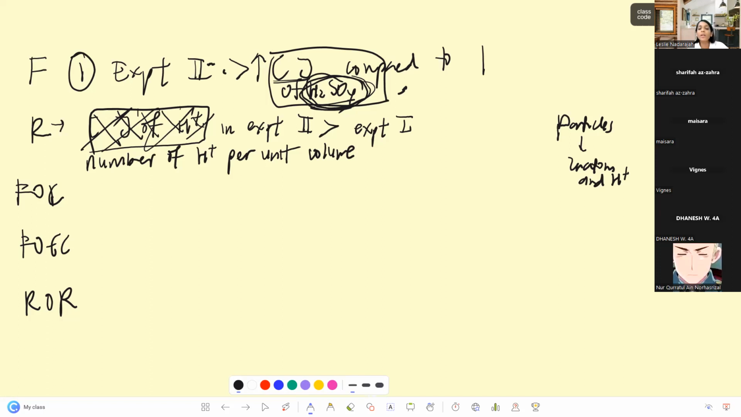Okay, so let's say teacher is not using sulfuric acid, I put nitric acid. So what's my reasoning? The same thing. The number of hydrogen ions per unit volume in experiment 2 is higher than experiment 1. Because in experiment 2, even though teacher has HNO3, NO3 doesn't help in anything to do with the concentration of